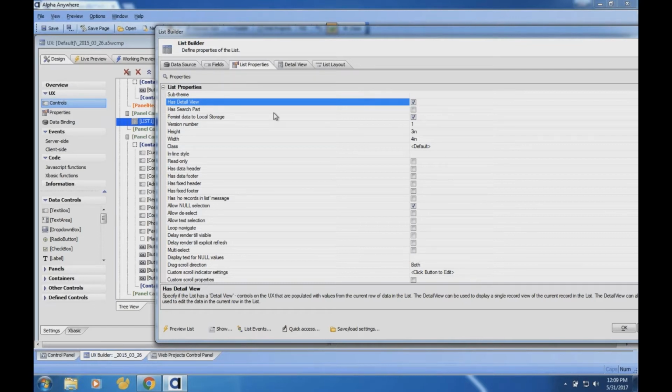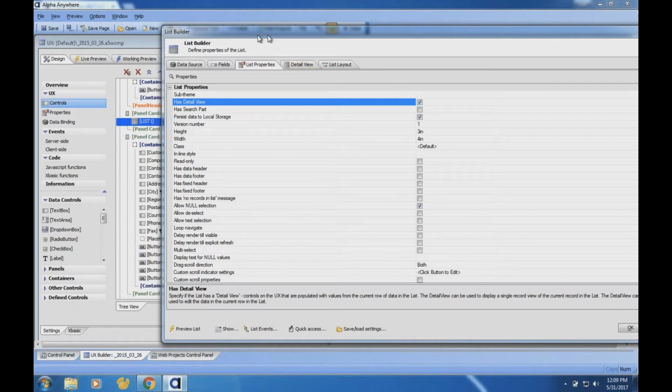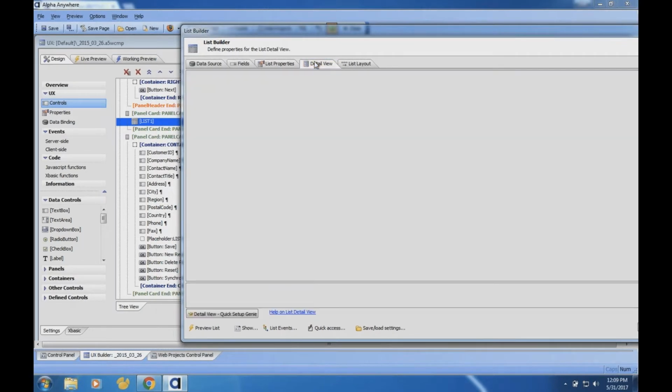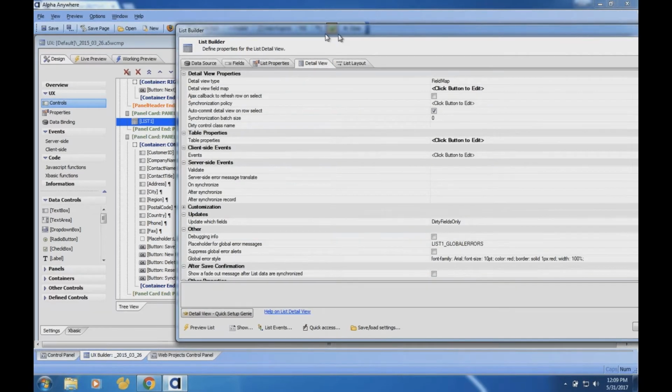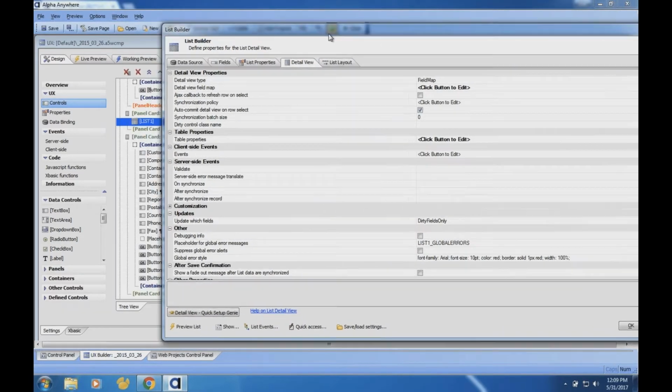And so I have a detail view, and when I do that, it automatically shows this tab here. If I disable that, this tab will disappear because we really don't need to match the detail view. So let's go to the detail view screen. As you can see, there's a lot of pieces here, but we're going to take them step by step through